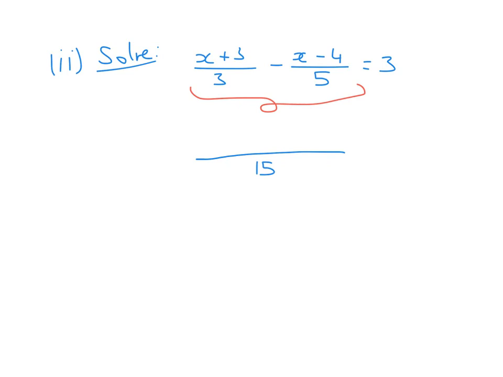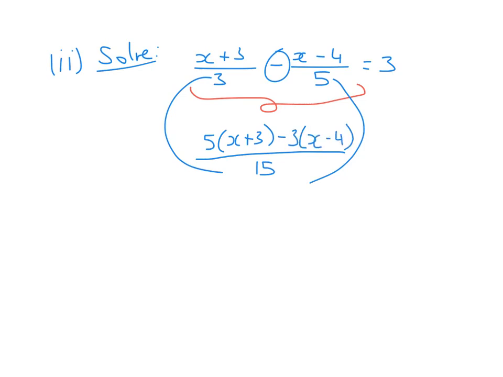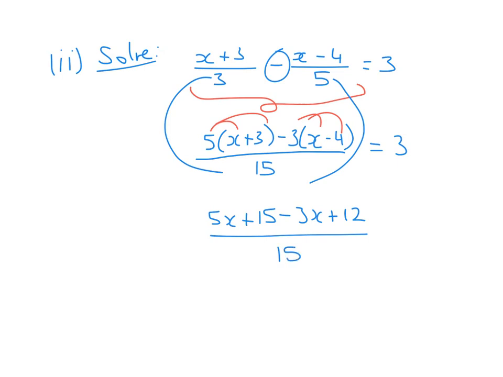And again, what we do to the bottom, we must do to the top. So I've multiplied 3 by 5, so therefore I multiply the top by 5. There's a minus here this time, so I'm going to write down minus. We multiply the 5 by 3, so we'll do that to the top as well. And then for the moment, we're just going to leave it equals to whatever was up there. So it's equals to 3. Keep your equal sign coming down underneath, but we'll come back to that in a few minutes. Like we did in the last example, we're going to take the numbers in front of the brackets and multiply them. So that is going to give me 5x plus 15 minus 3x plus 12 all over 15 is equals